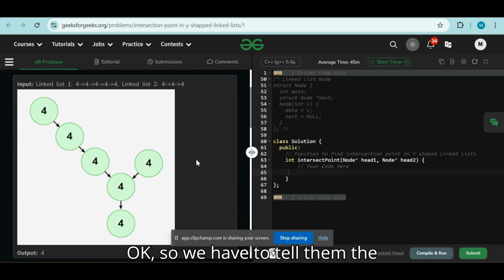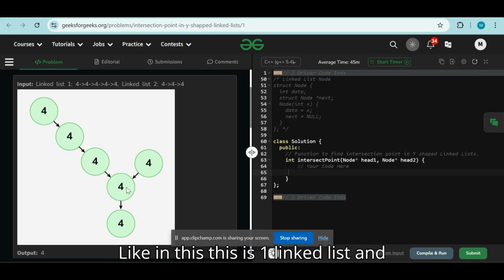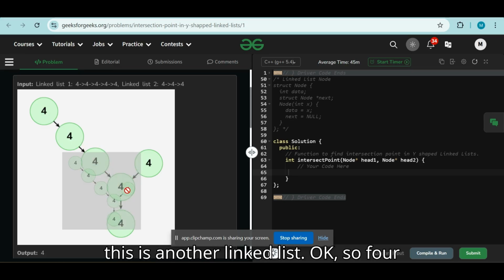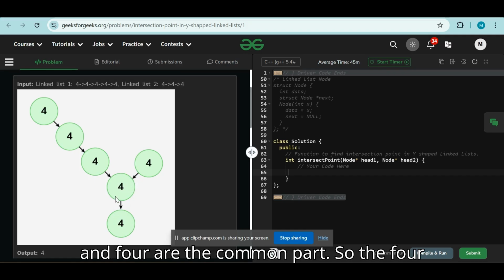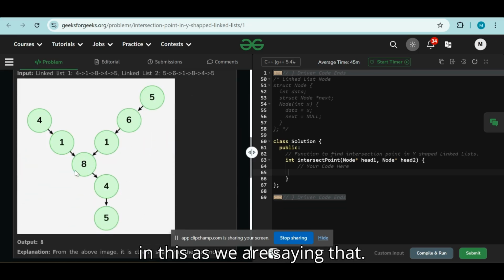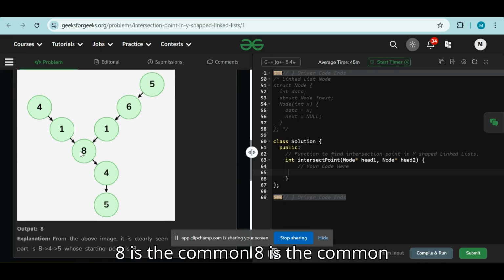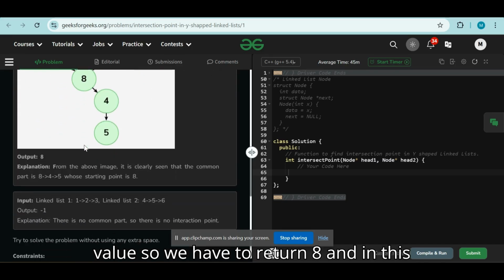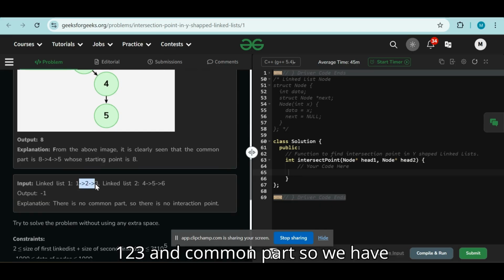Okay, so we have to tell them the intersection point of the linked lists. Like, this is one linked list and this is another linked list. Okay, so 4 and 4 are the common part, so 4 is the intersection point. And in this, we are seeing that 8 is the common value, so we have to return 8. And in this one, 1, 2, 3 and 5, 6, there is no common part, so we